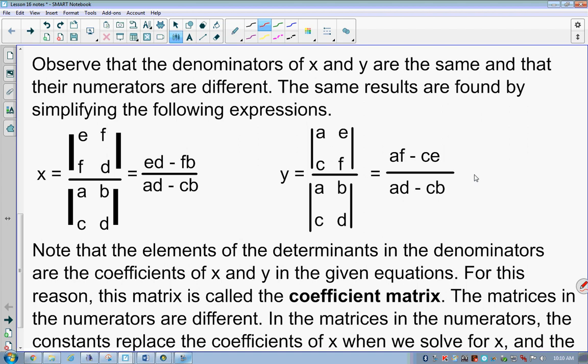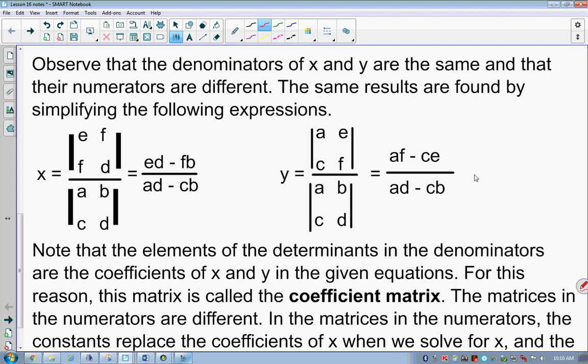Based upon the same equation form. Observe that the denominators of x and y are the same, and that their numerators are different. These same results are found by simplifying the following expression. So they took your same stuff, and we set it up as E F